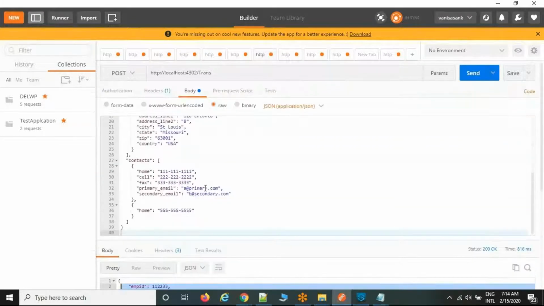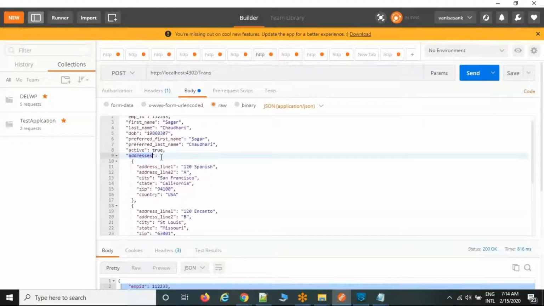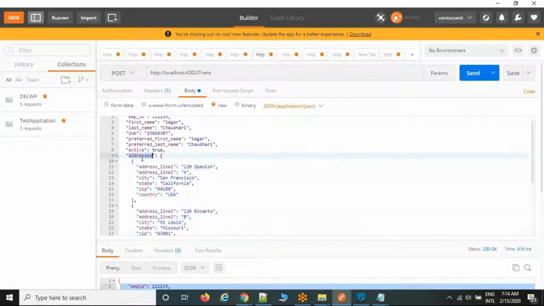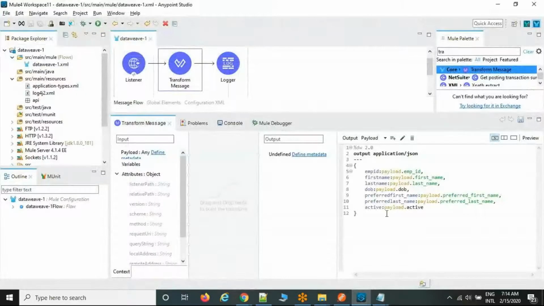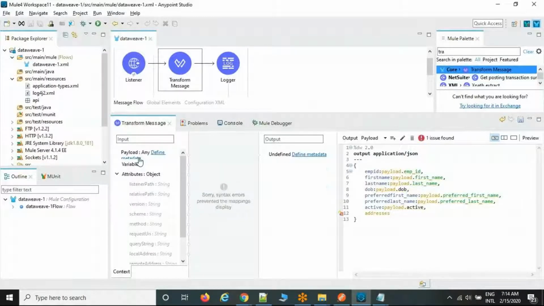Now what is the next approach? Address. Now what is the address behavior? Address is the root element and the behavior of the address is array. It means a single person can have multiple addresses. This is one address and this is another address. This is the single person's information, but he has two addresses. But the address type is array and it has a root element also. In the DataWeave code, if you want to append the root element, because your next element is available, comma, the root element is available, right? Just take whatever root element they want, address, colon. Now where is the file? The file is available in the payload. So just payload.